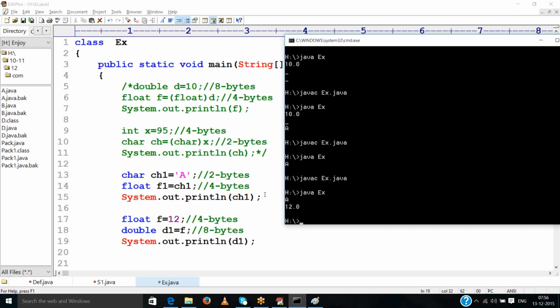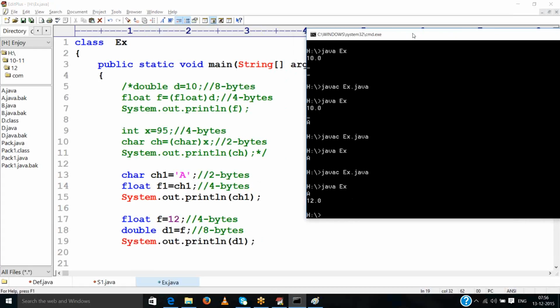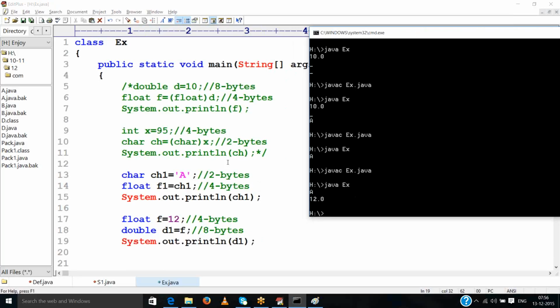Is it clear? Yes. That is nothing but typecasting, explicit typecasting and implicit typecasting. Any doubt about this concept? Everybody? One question. Yeah, ask me. Tell me. Okay. For example, when we're talking about explicit, when can you perform explicit? Yeah, for example, in explicit, if we convert from 8 bytes to 4, for example, the double value d is